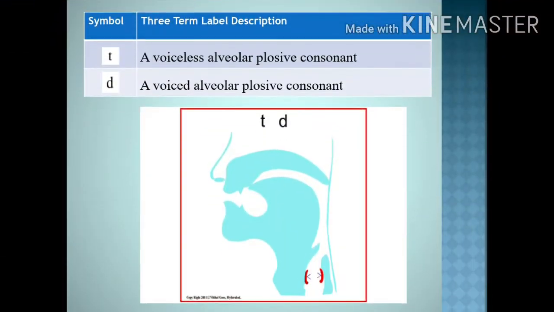Now, switch over to another pair here, that is T and D. Don't call it "tee" and "dee". Both are symbols, as I explained earlier. T, D, T, D. So T is voiceless, D is voiced. You can again do that activity. Keep a couple of fingers on your vocal cords or Adam's apple and try to pronounce t, d, t, d.